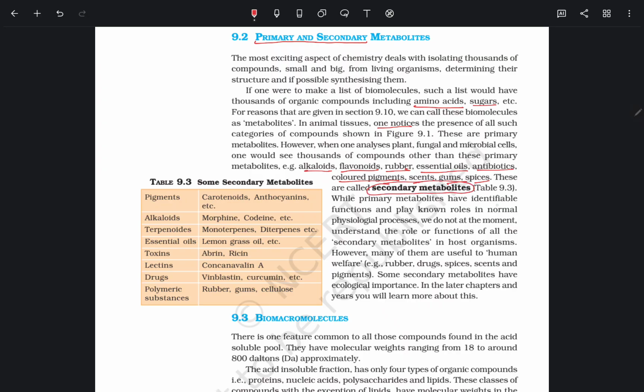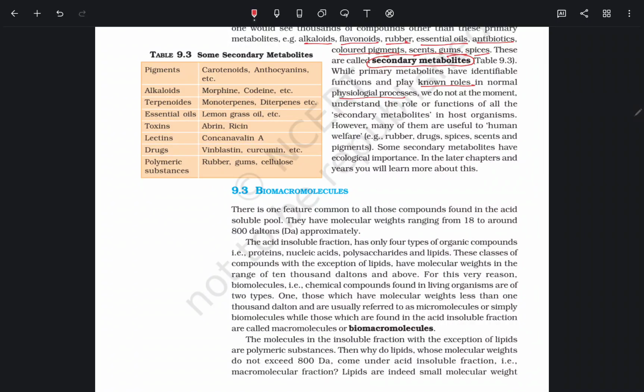While primary metabolites have identifiable functions and play roles in normal physiological processes, we do not at the moment understand the role or function of all the secondary metabolites in the host organism. However, many of them are useful to human welfare: rubber, drugs, spices, scents, pigments. Some secondary metabolites have ecological importance. In a later chapter,